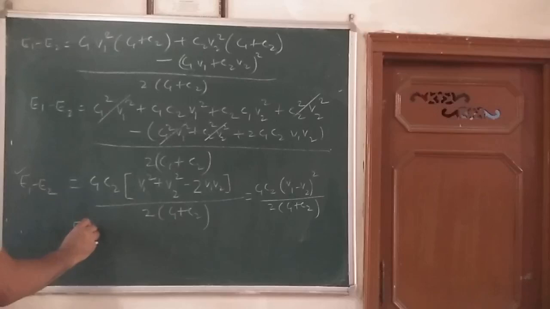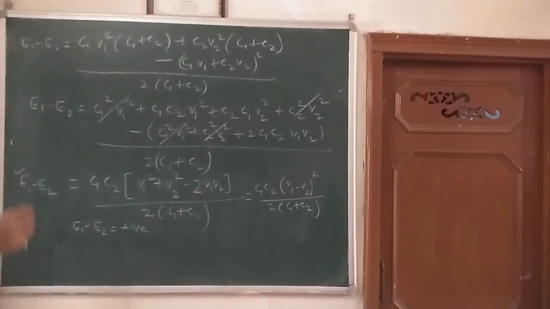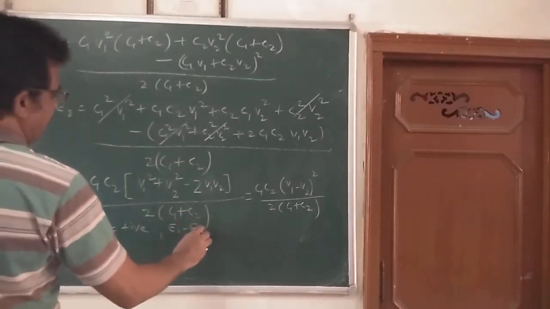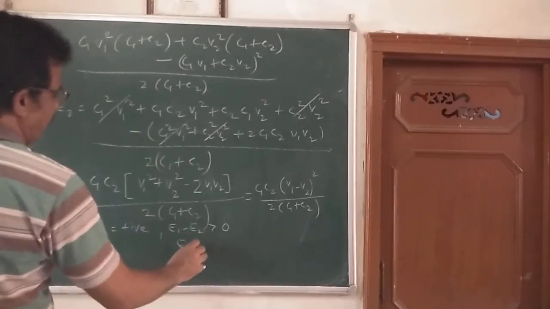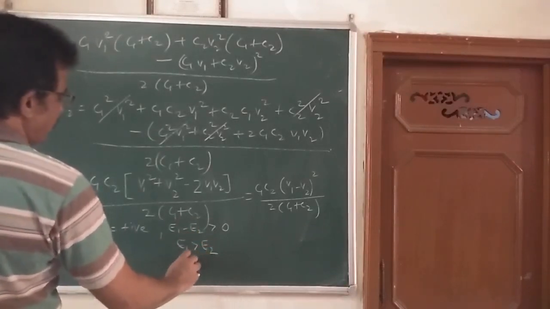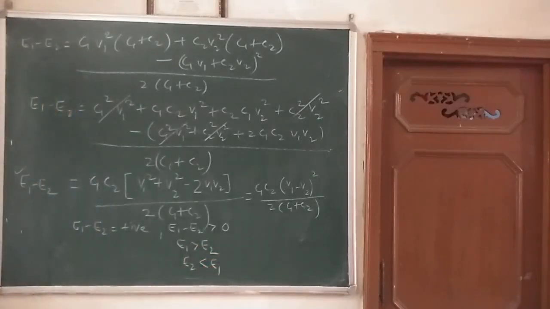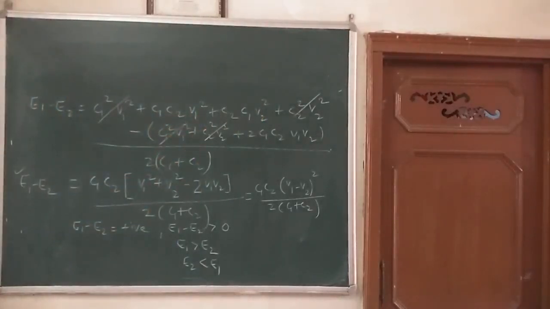E1 minus E2, which has come here, is positive, or I can say it is greater than 0. E1 minus E2 is greater than 0, that means E1 is greater than E2, that means E2 is less than E1. So this proves that